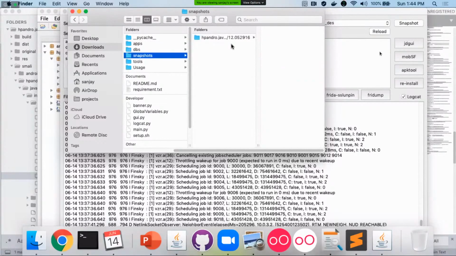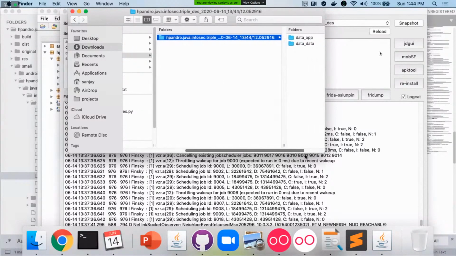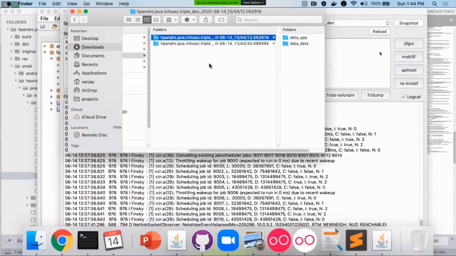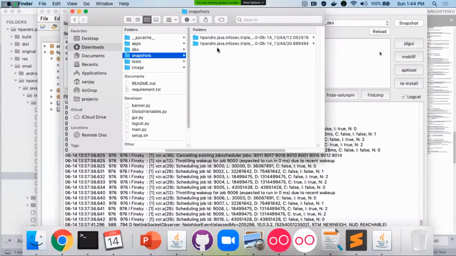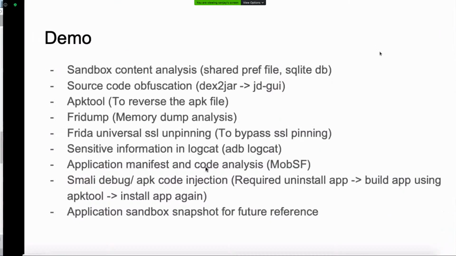So you can see this over here. You can take as many snapshots as you want to compare the state of that particular sandbox data.